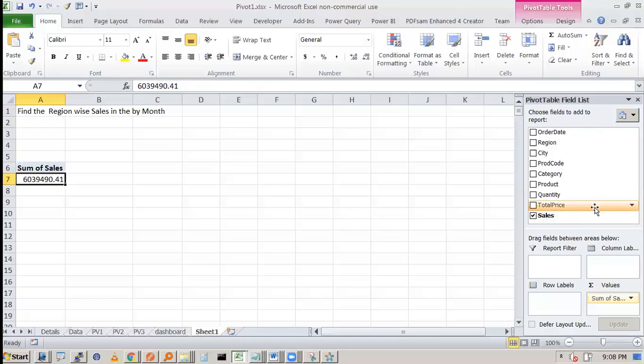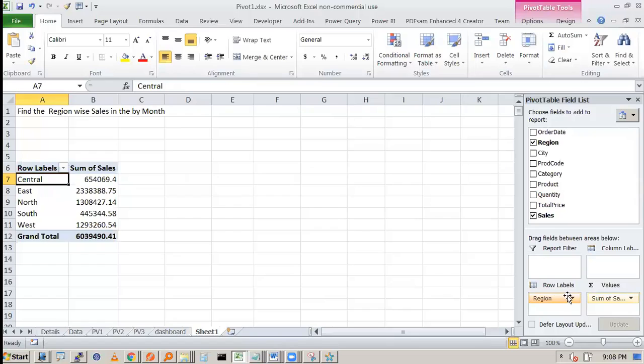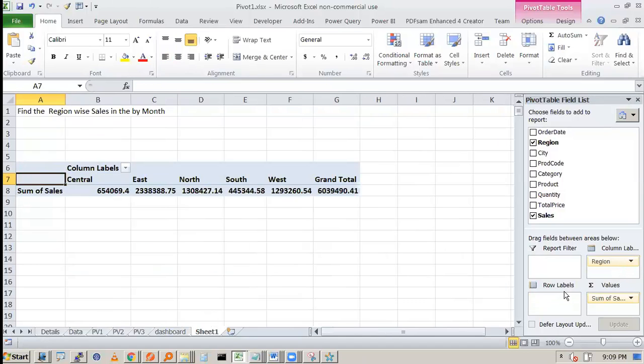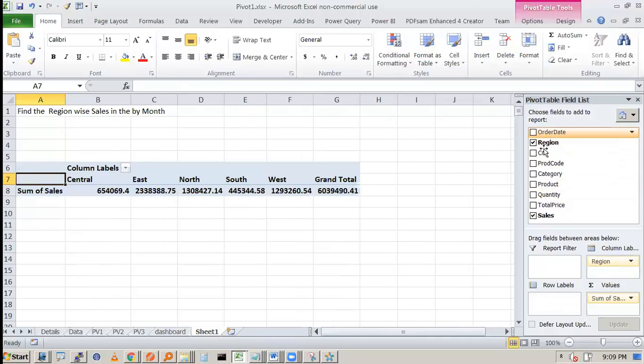We have region wise sales, so I'll put the region in a column, or I can put it in rows also. If I put it in rows, you see central, east, north, south, west, and the sum of the sales has come. Either way I can put it, and then I can put order date.